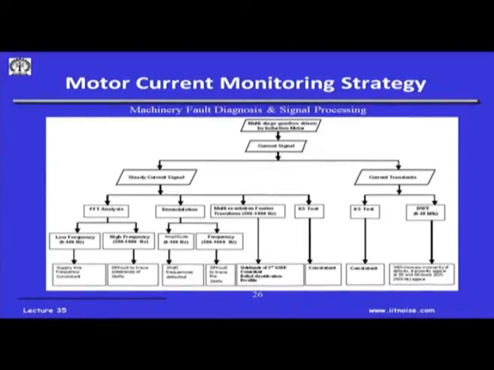With this kind of an introduction to motor current signature analysis, in fact, in many of the early classes when I talked about fault prognosis, we did it in the case of a lathe machine, wherein we wanted to do prognosis on a cutting tool life fault. We did an experiment on a lathe machine, wherein we monitored the motor current of the lathe machine while it was cutting aluminum and steel, and this was about maybe 15 years ago. We had seen how the current in the lathe machine changes when it machines steel and when it machines aluminum, and then we found out that this current definitely carries information regarding the load on the lathe spindle.